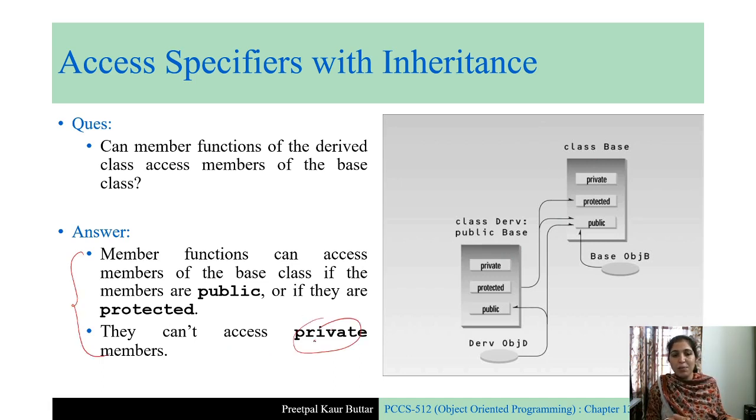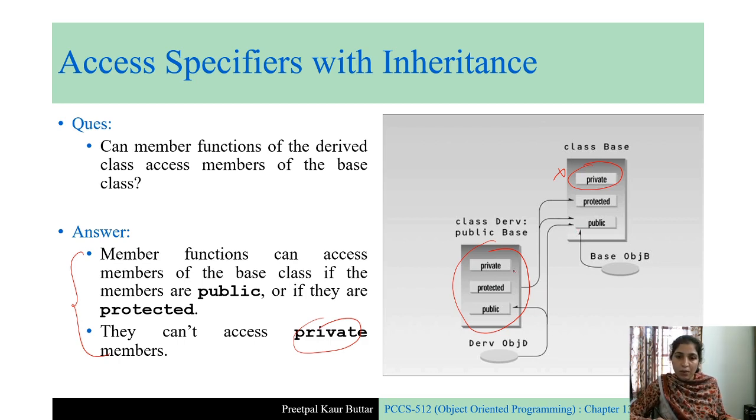We cannot access private members, it means private members are not inherited. So this section is not accessible to any of the members of derived class. This is not accessible. Okay, so what is accessible? Protected and public members, they are accessible.